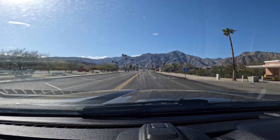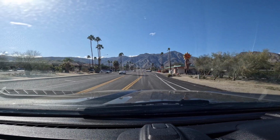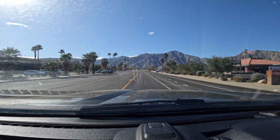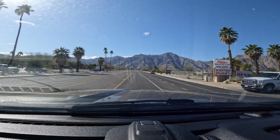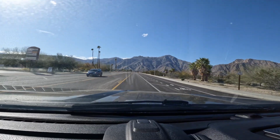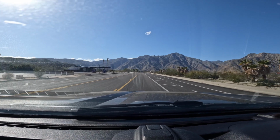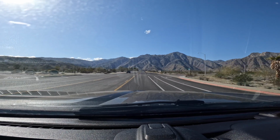But not much here. There's a little outlet center or mall center on the left with some stores. There's actually a tennis center here, and it looks nice. I haven't actually ever used it, but it kind of looks nice. So this is taking us up to the state park area, the visitor center for Anza Borrego State Park,